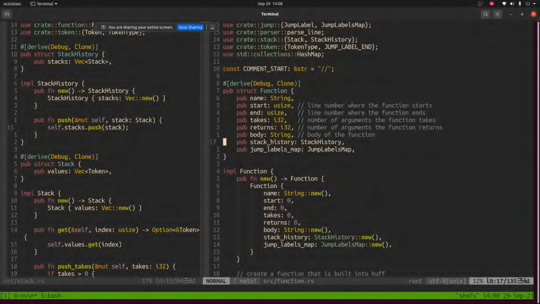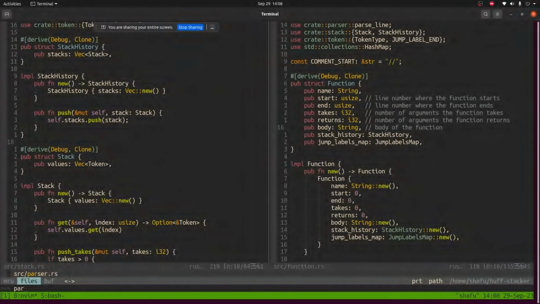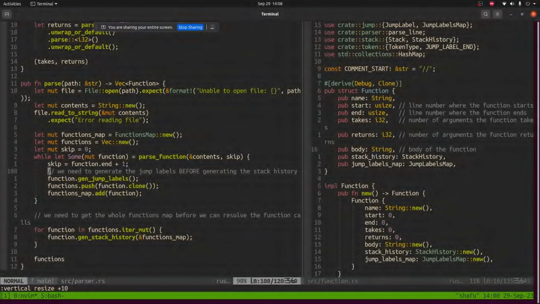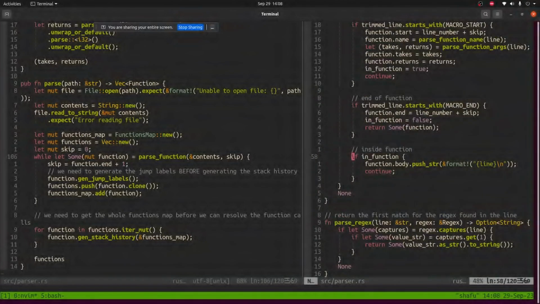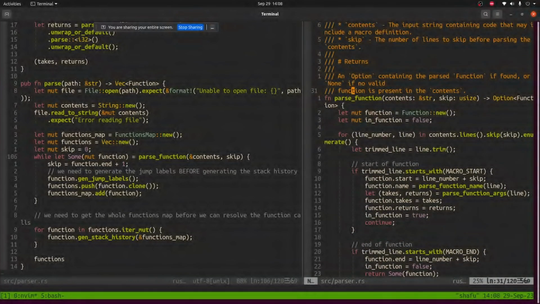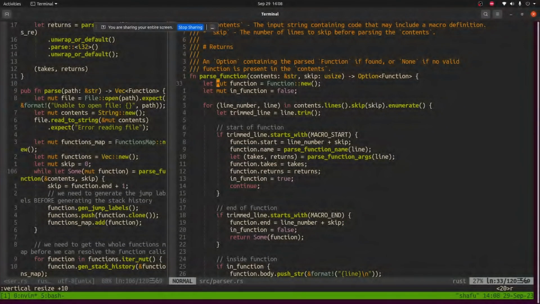Okay. So we looked into the function, we looked into the stack, we looked into the stack history, and we looked into the token types. Now let's return to the actual parsing of the macro, or the tokenization. So inside the parse function, we parse out each macro, and how the parse function works is actually very simple. So if you take a look at the right,